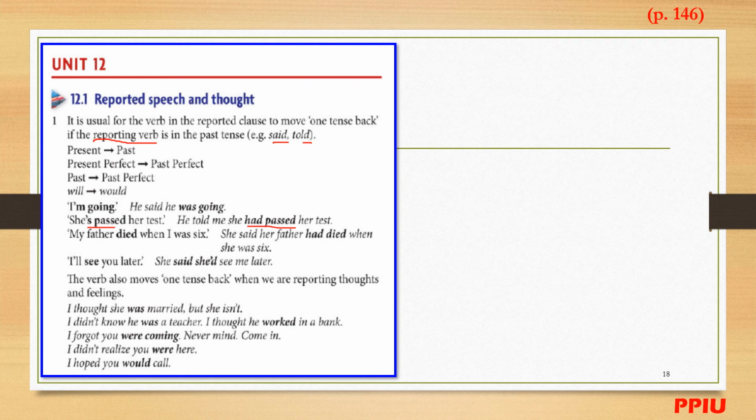My father died when I was 6. So she said her father had died. This uses past simple, which changes to past perfect. I'll see you later. She said she'd see me later. So will see changes to would see, or should see here. She said, right, okay, the verb also moves one tense back when we are reporting thought